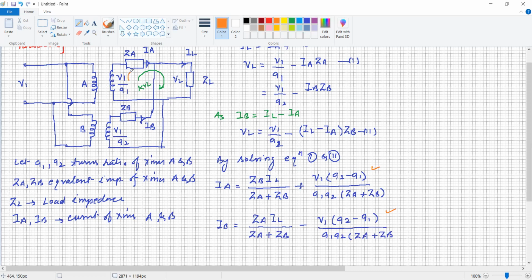This circulating current will circulate through the secondary winding of the first transformer, the secondary winding of the second transformer, and again come back to this part. So this component of current is not utilized by the load. For example, 100 ampere is the load current and 2 or 3 ampere is the current circulating in the secondary loop of the transformers. That current is not part of the load current.